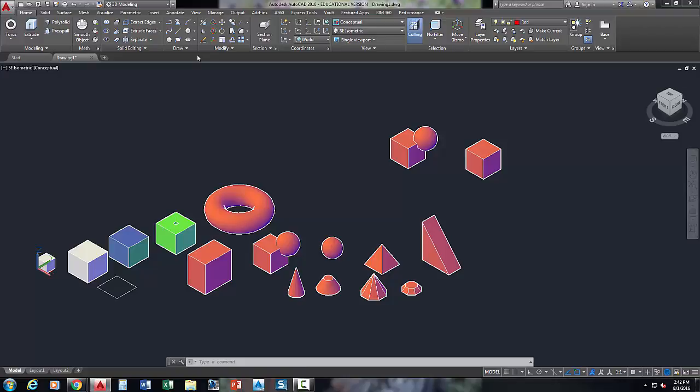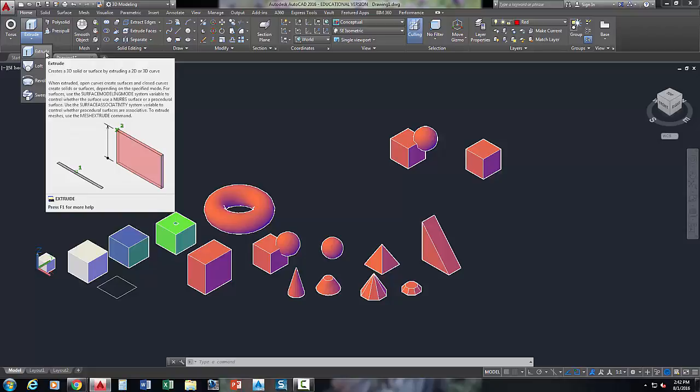All right, so this next one that we're going to do, we're going to pull this down and start working with the second big button here where it says extrude. We're going to talk about extrude, loft, revolve, and sweep. I think what I'll do is the example, pause the video, and then come back to it so that it's one video, but you guys can get in there and practice